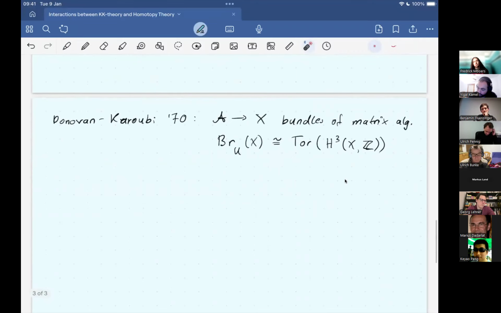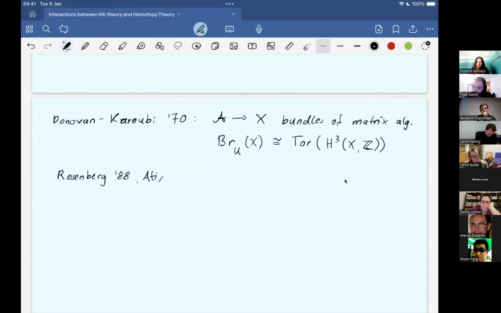They did a bit more. They did this also in the real case and also with grading. So there's a lot more that they have in this paper, but that is maybe the part that's most relevant for this. Okay, then later Rosenberg in '88 and Atiyah and Segal in '05,